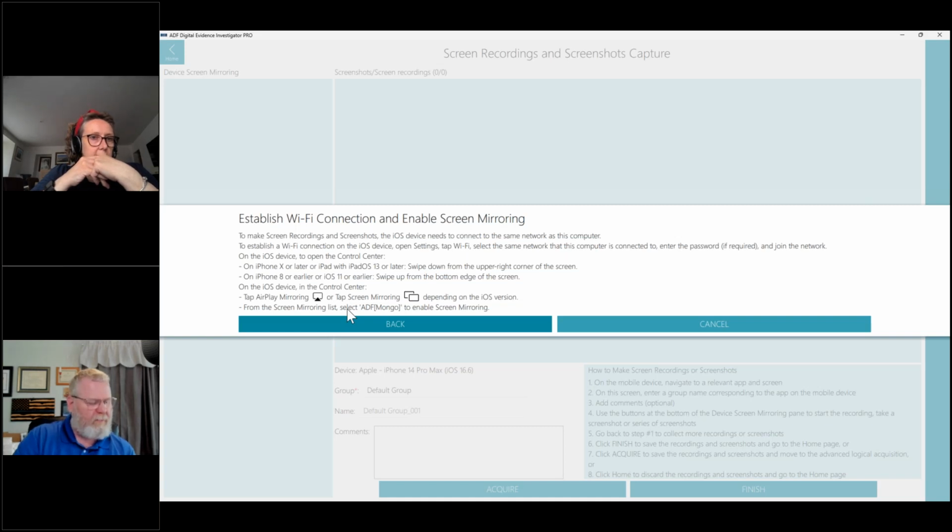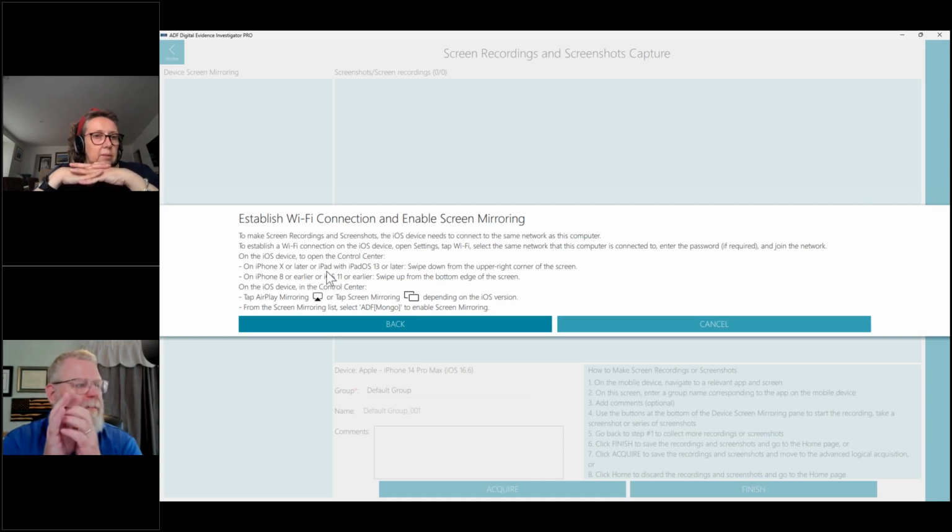I'll let you explain that process if you would like. Yeah, what you need to do is you've got the phone, you've got the passcode, open the phone up, and then follow the steps that we've put there. Basically, if it's iPhone 10 or later or an iPad running iPad OS 13, you swipe down from the upper right corner.